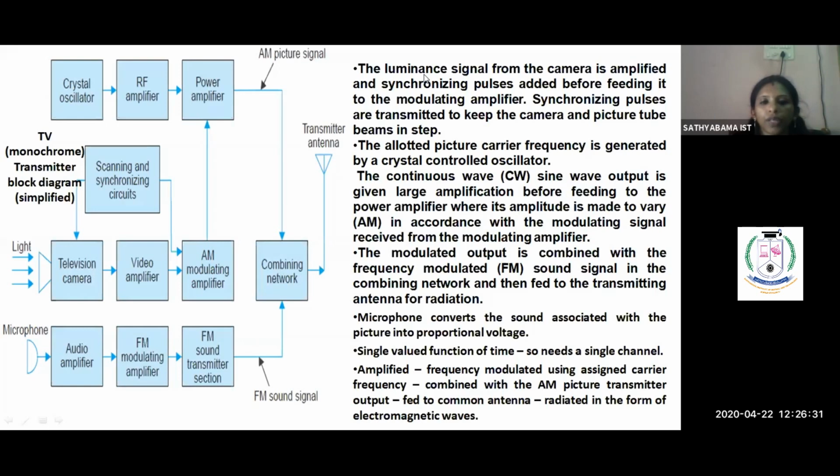Now coming to the transmitting section and the receiving section. Here you have a light signal which is passed to the television camera, and a voice signal which is given by means of the microphone. Here both the signals